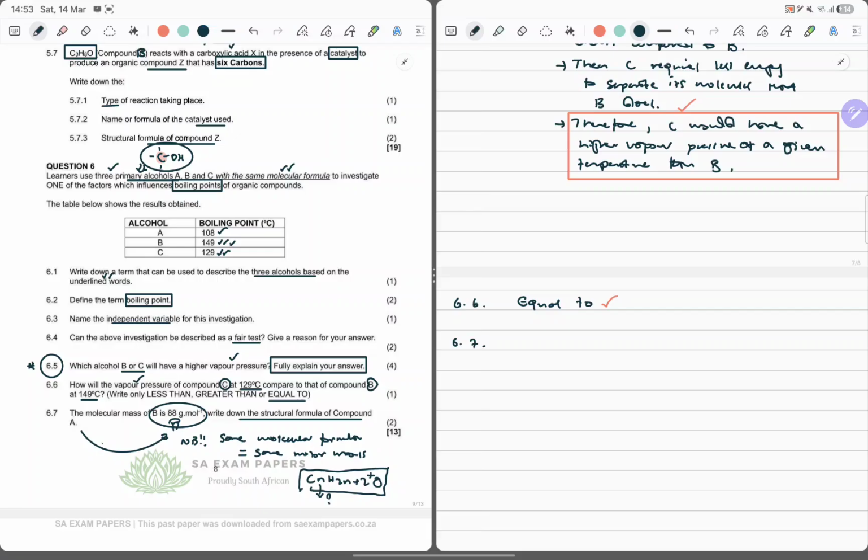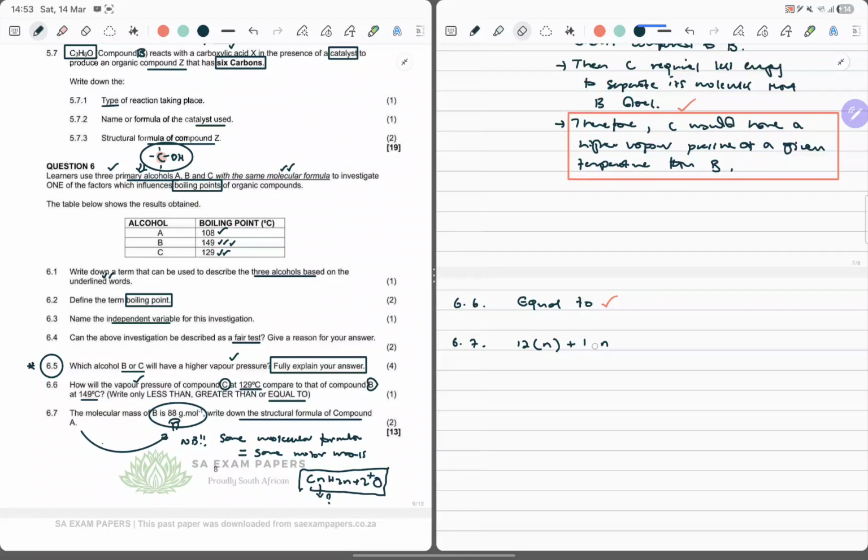So if we've got this molecular mass, we know that carbon on the periodic table is 12 times n, the number of which we need to know. Then we're going to add hydrogens, which is 1 into